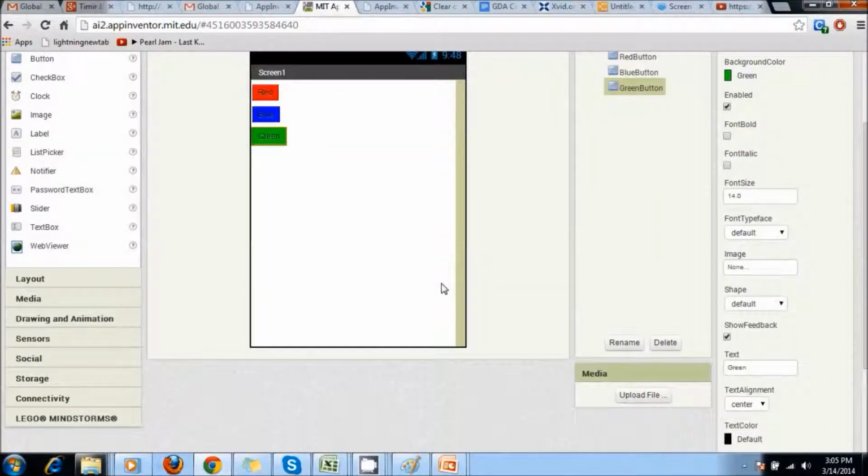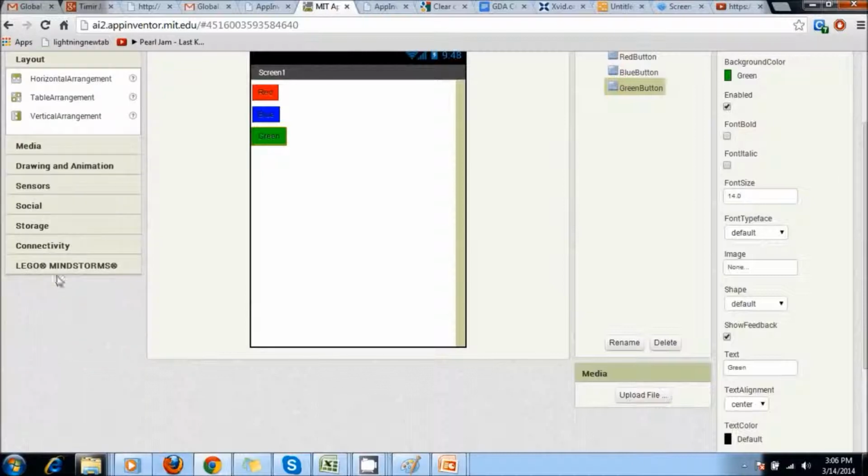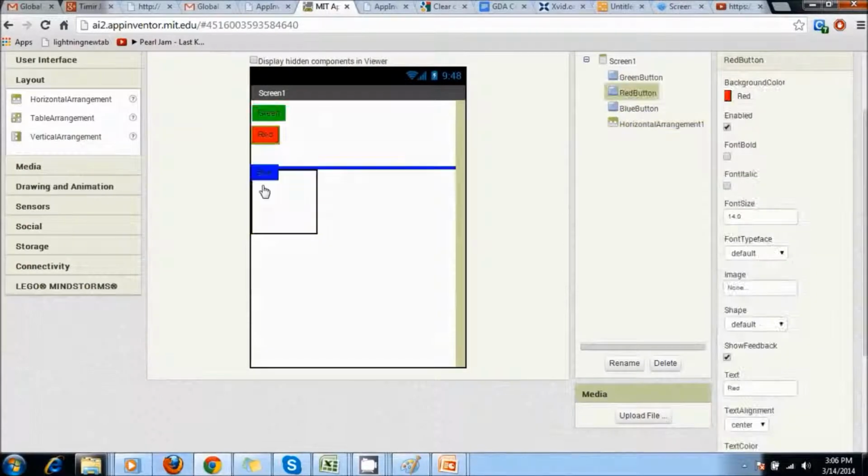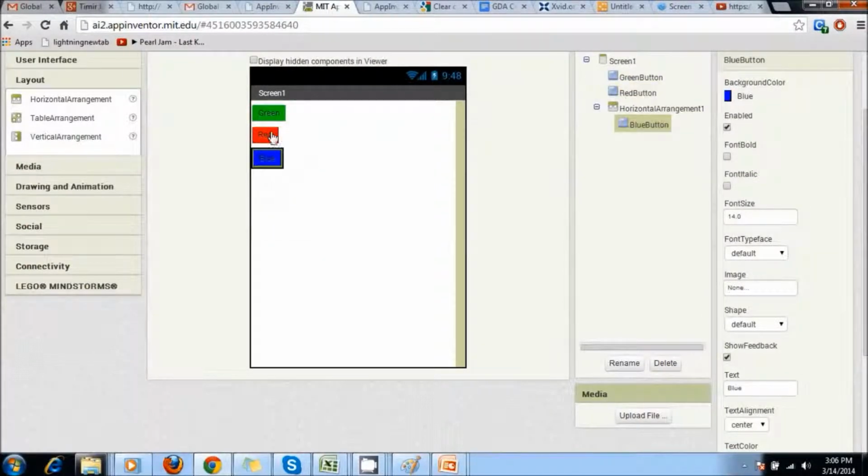We're going to add a horizontal component. This horizontal component is basically to align the buttons so that we organize them in a way that we want. To use horizontal components, we have to go to the layout option and click on horizontal component and drag it here. There you go. So it's something like this. We have added the horizontal component and made these three buttons be in a horizontal line and not the vertical line, which is what happens by default.